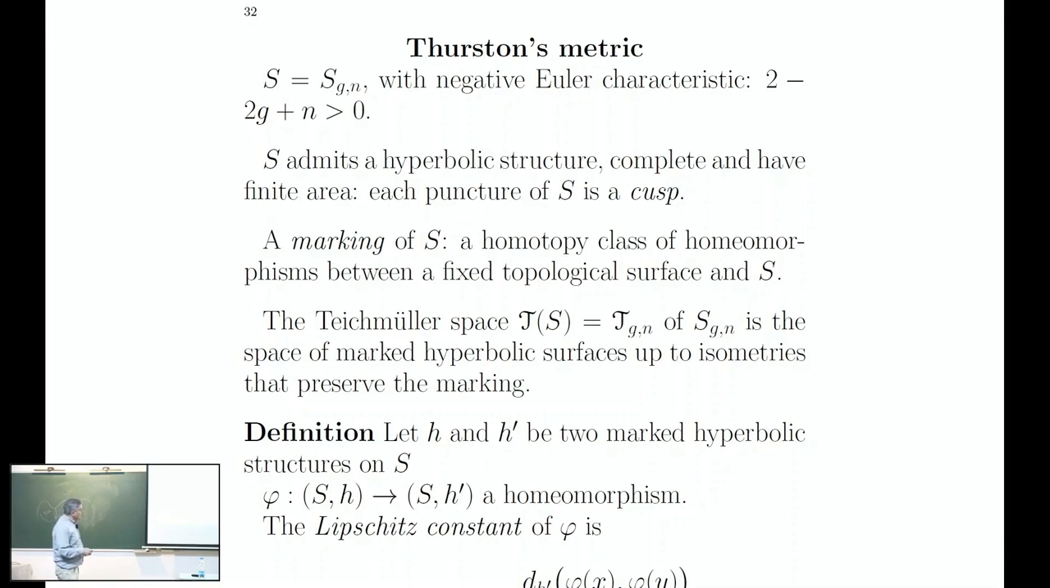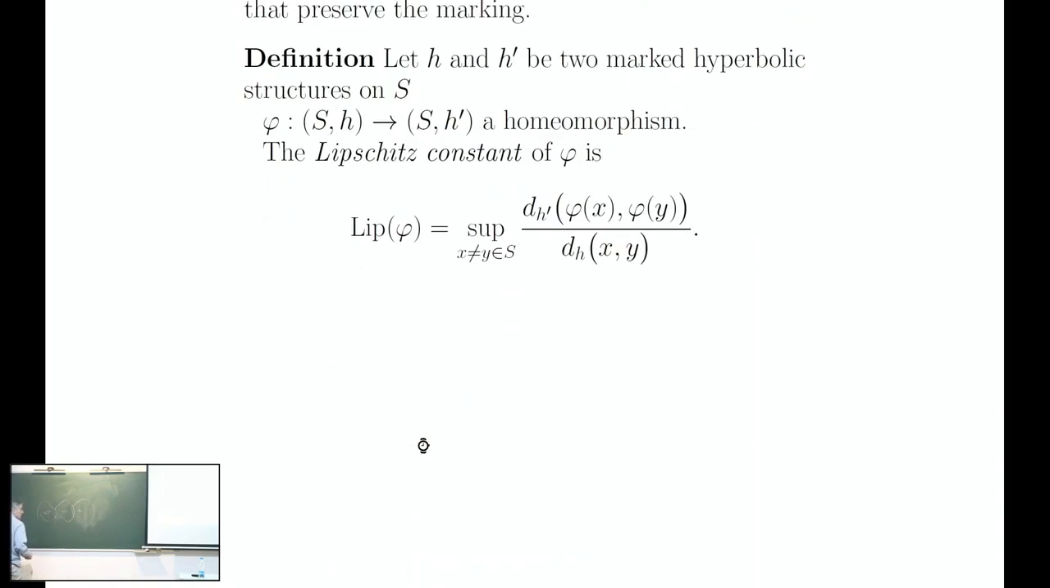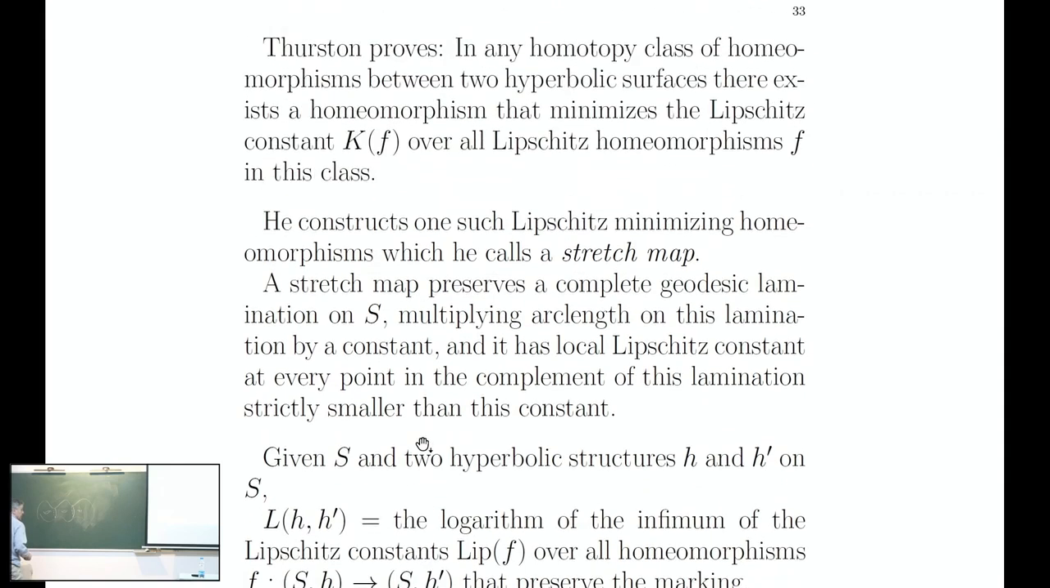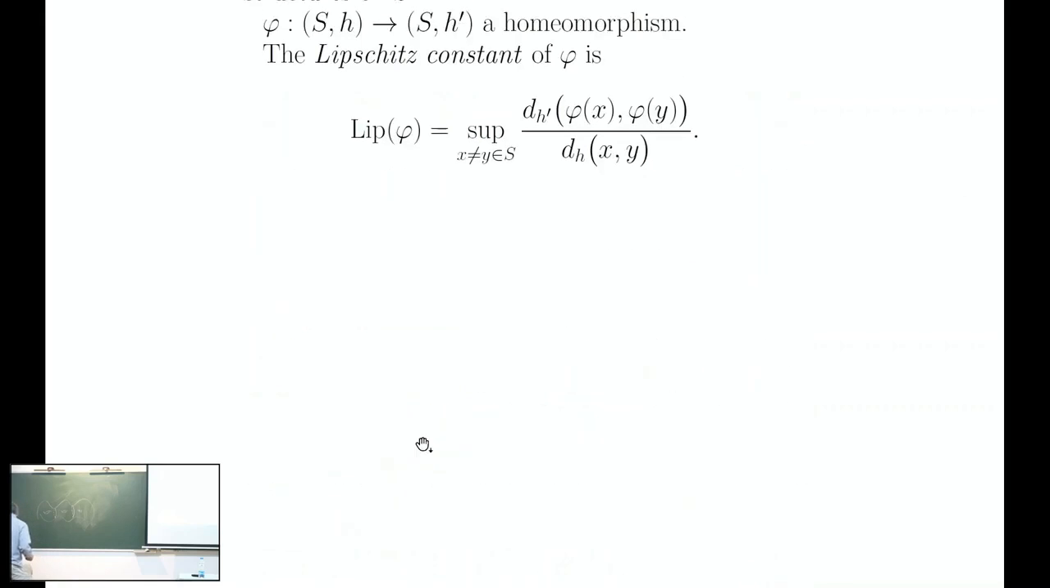Okay, and now you must remember this definition, where we said that we have two marked hyperbolic structures and a homeomorphism, and then we have the Lipschitz constant of phi, which is something interesting. This is the Lipschitz constant of this homeomorphism. And then what did I write here? So from this definition of a Lipschitz constant,